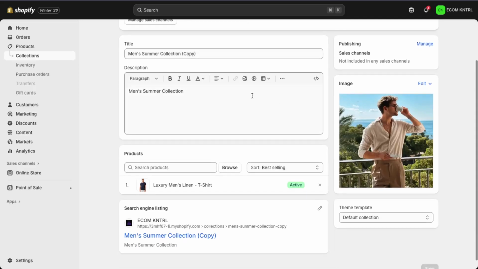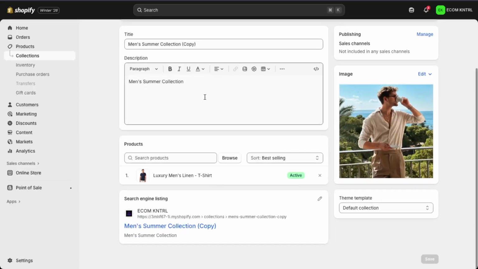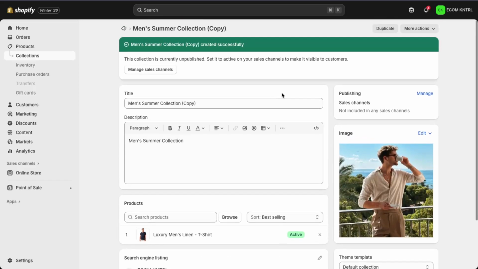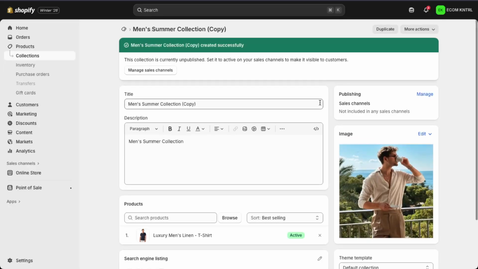From here, you can rename it, adjust the description, update the collection image, and tweak any conditions or product selections you need. And that's it. You've successfully duplicated a collection in Shopify, saving yourself